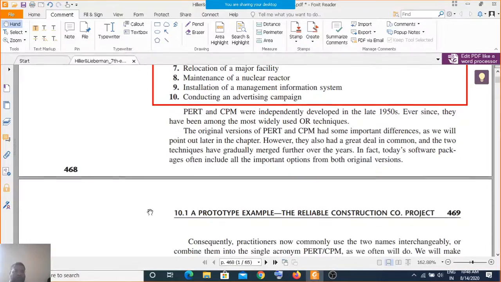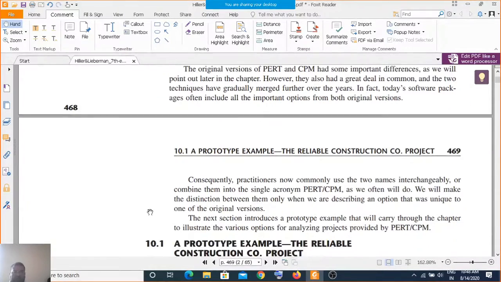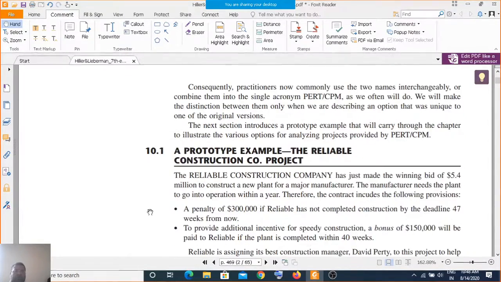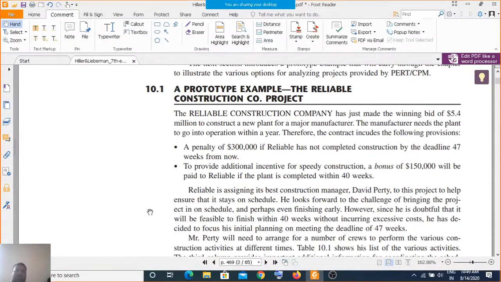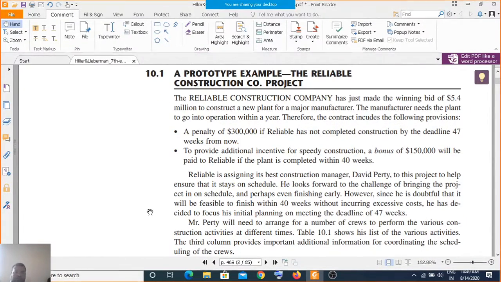Now we are going to see the prototype example of PERT and CPM. I'm going through the chapter, and then I will upload the same chapter to our Google Classroom with yesterday's presentation slides.